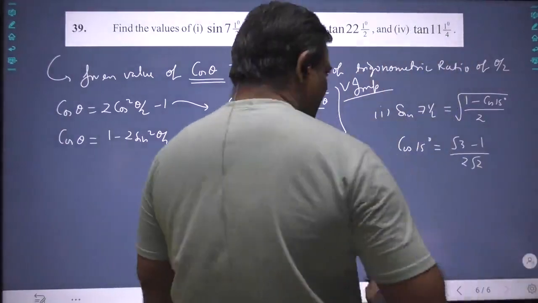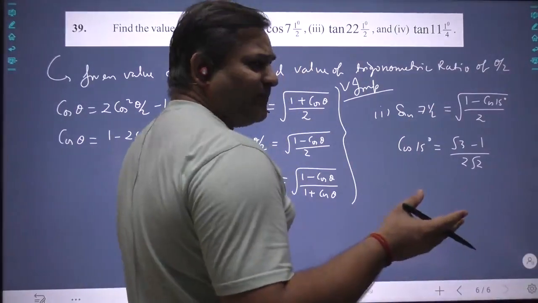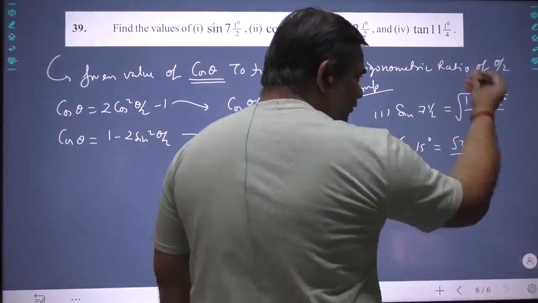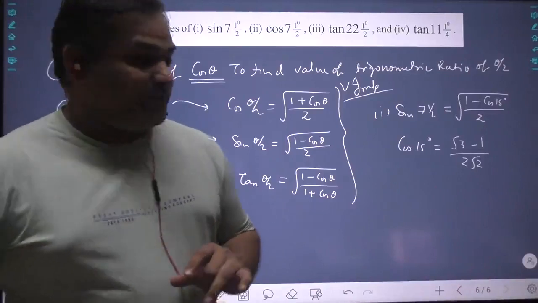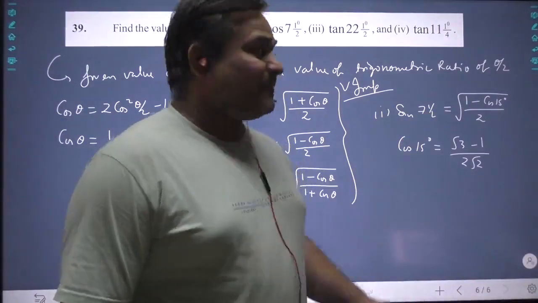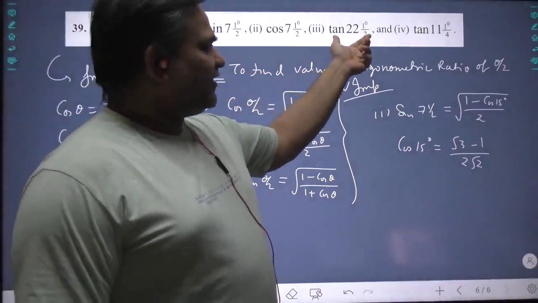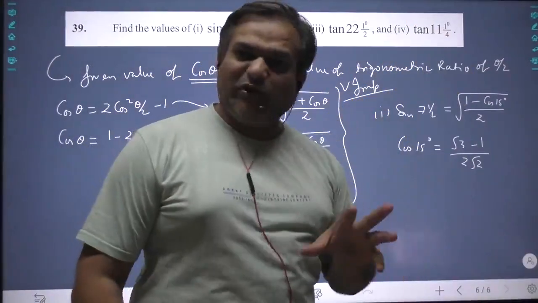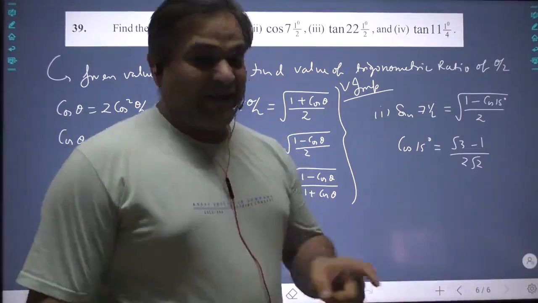This is the value. Definitely the value of sin 7.5 will not be beautiful. It will be really very dirty. See, this dirty going here becomes more dirty. But it's not about being dirty or good. The point is, now we know the value of sin 7.5 degree. Similarly, you can find out cos 7.5, tan 22.5 and tan 11 1/4. The values will be ugly, but we will know them. Please copy down.